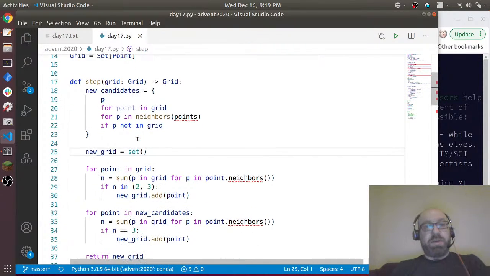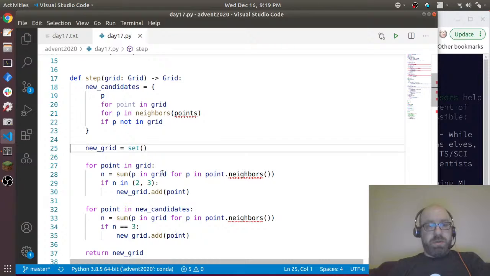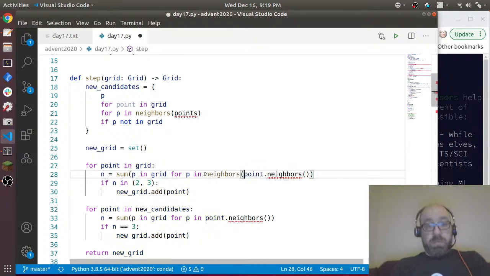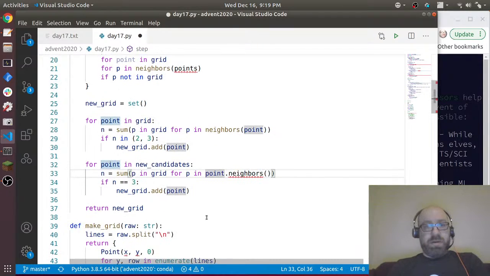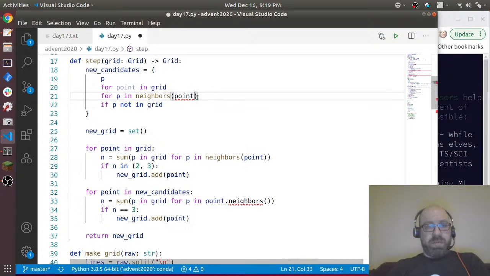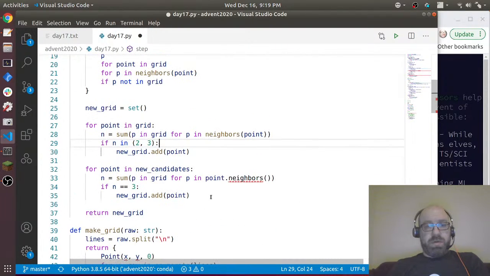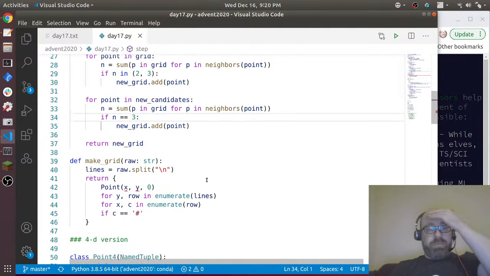That would make me very sad. New grid equals set. So again, I'm replacing this with neighbors of point because it's no longer